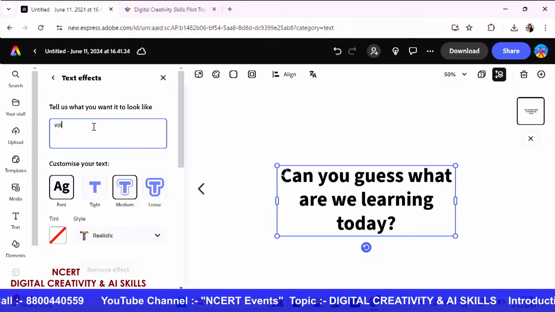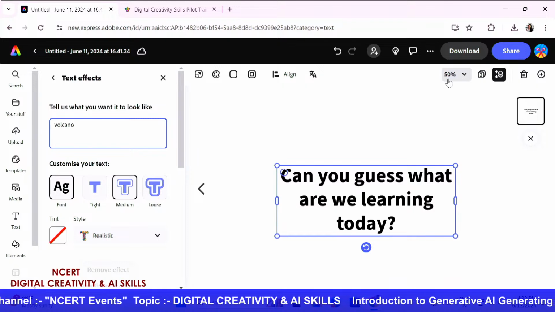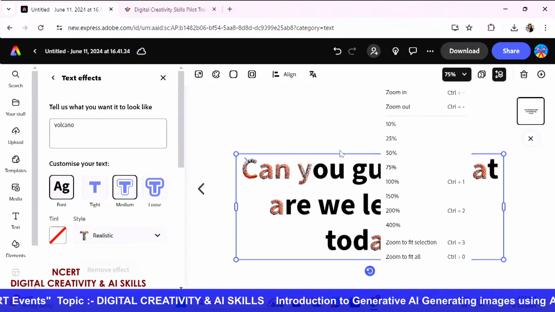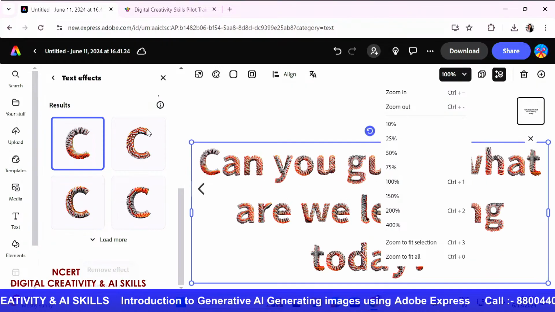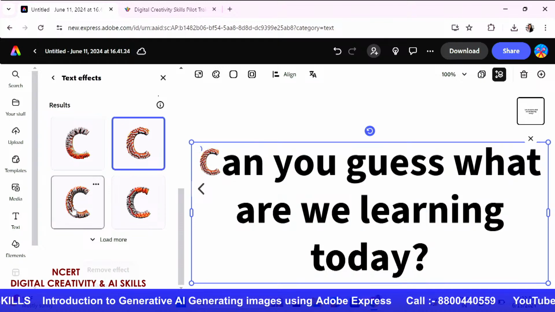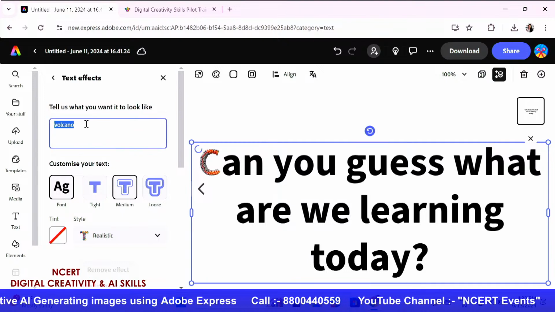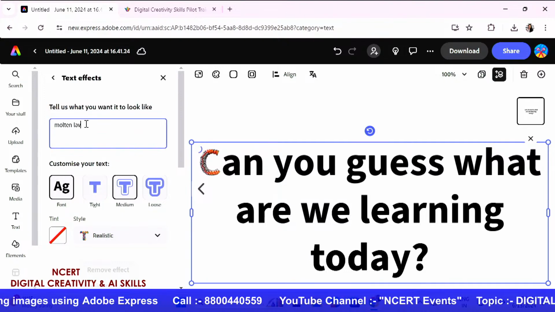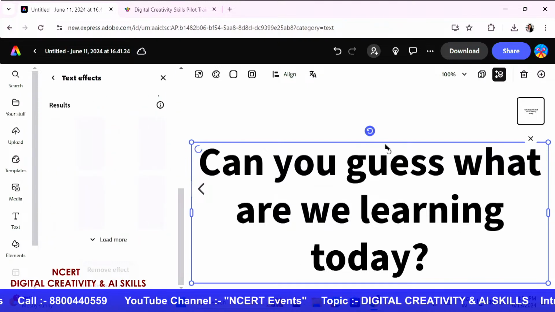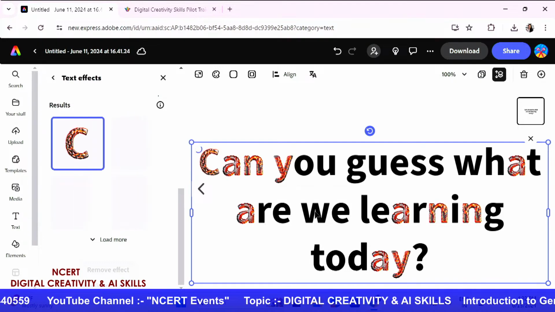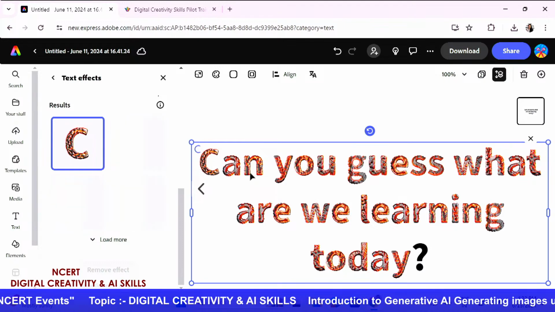Alright, I think the spelling is a bit incorrect, so I'm just going to do this. I'm also going to enlarge my canvas a bit because I think this will not be very clear. So as you can see, it has started generating some kind of a volcano effect, but I think this is not what I had in mind. So what I'm instead going to write is maybe molten lava and generate. And now let's see how this sort of changes into my text effect as well. Yeah, that's better. You can see it's like a lava sort of a text effect,